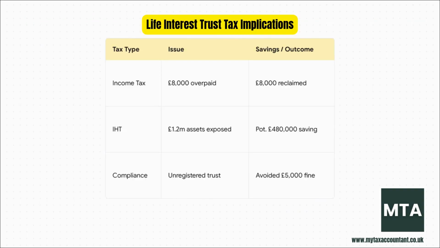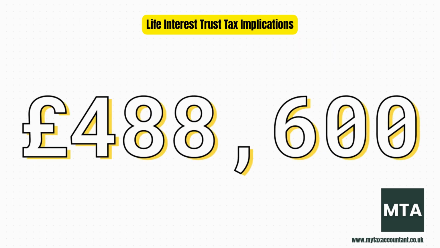Let's break down how they did it. That 8,000 pounds of income tax, they reclaimed it simply by spotting that Rena herself was a non-taxpayer. That potential 480,000 pounds inheritance tax bill, gone, because they correctly applied business property relief to the business assets, and that £5,000 fine, avoided by getting the trust properly registered. Every single one of those wins was a direct result of proactive, expert planning. So, what's the grand total of all those savings? A staggering